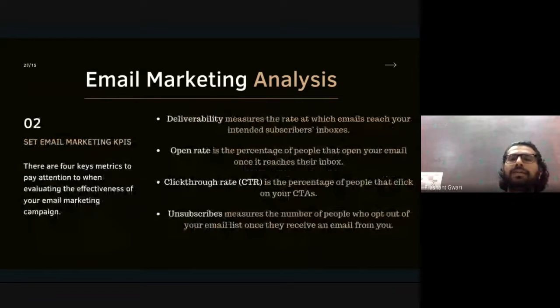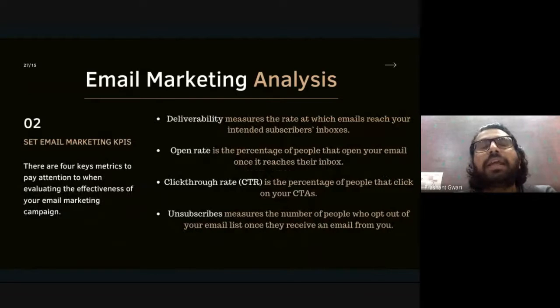The second marketing analysis topic you will learn about is KPIs. KPI means key performance indicator. A KPI is the thing which measures the success of any marketing campaign, and you will use this KPI term in blogging, Facebook advertising, PPC, and email marketing. This KPI will come up every time. So always remember, there is a goal, there is a KPI, because to measure the goal, you need a KPI and analytics.